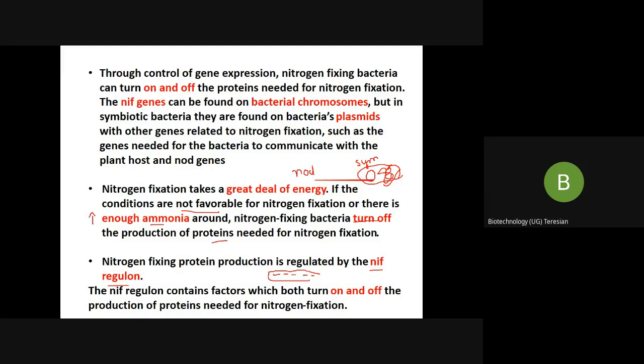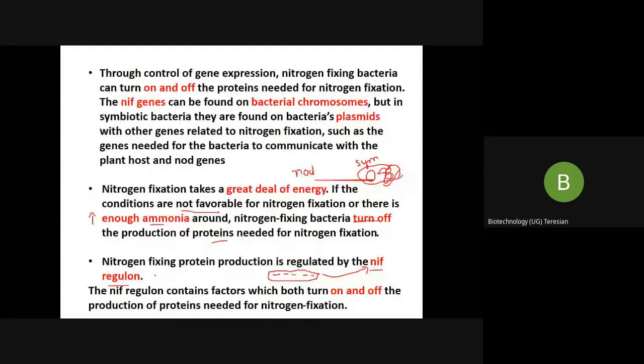All these genes are regulated by a regulatory molecule. For example, this. So I have 1, 2, 3, 4, 5 genes. So many genes are present, but they are all under the control of the same regulatory molecule. So these genes share a common regulatory element. That is your binding site or promoter of all this is the same. This is known as NIF regulon.